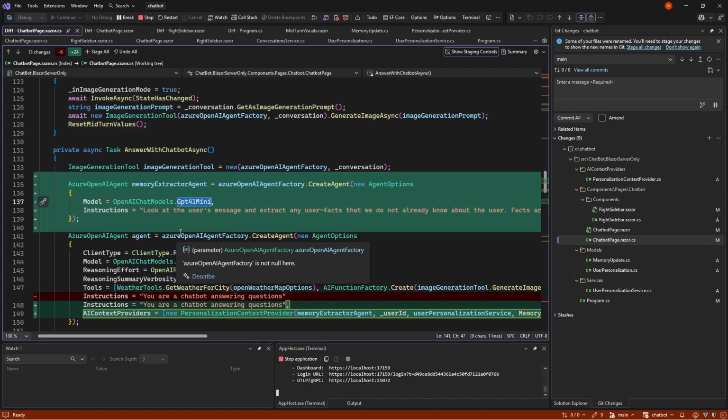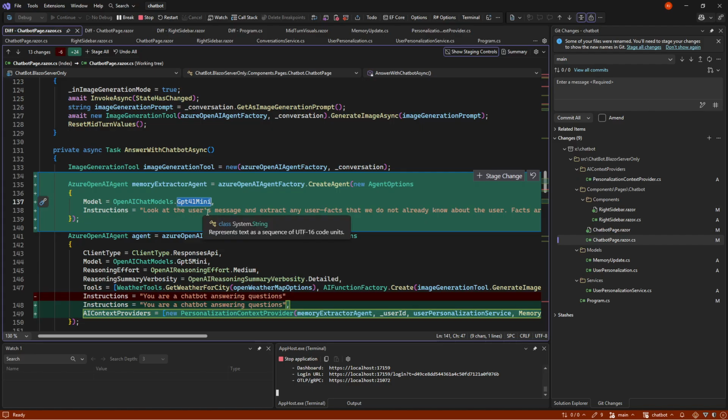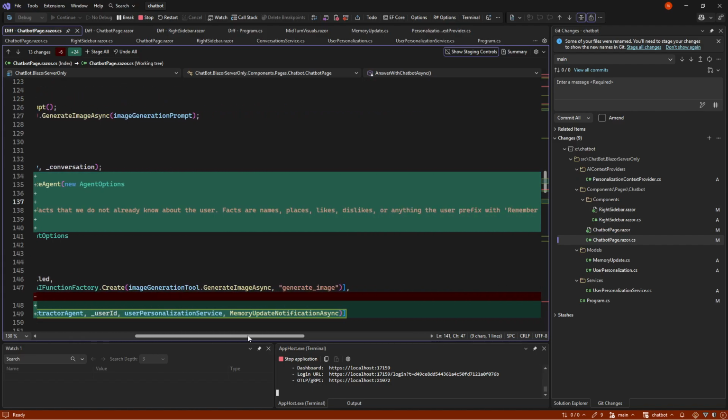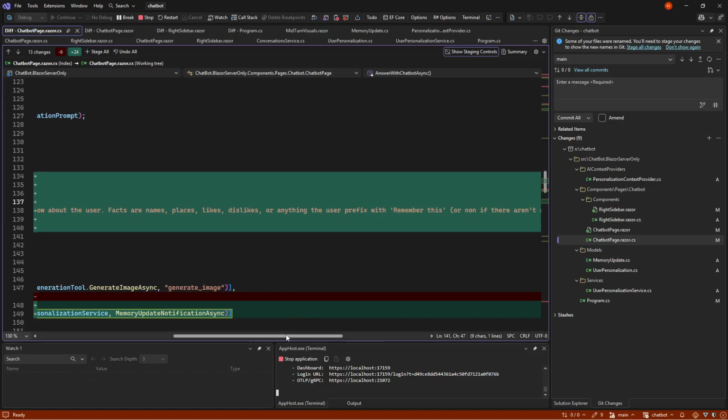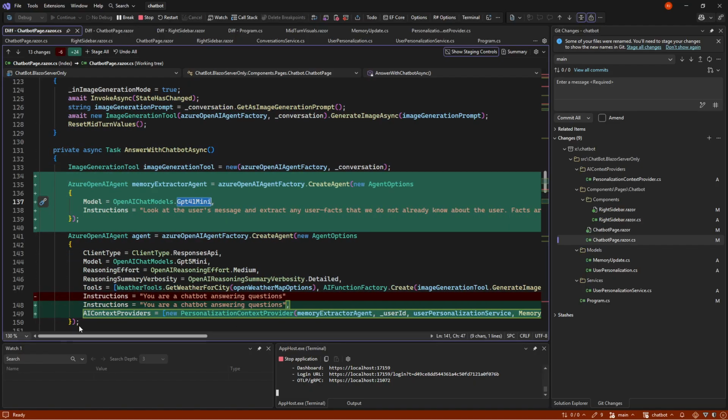But it's a balance of how intelligent it is to get rid of memories and add them again. But it's essentially getting an instruction saying, look at the user's message and find new facts. Facts can be names, places, likes, dislikes, or anything the user prefers that you would remember. Or there might not be any memories.